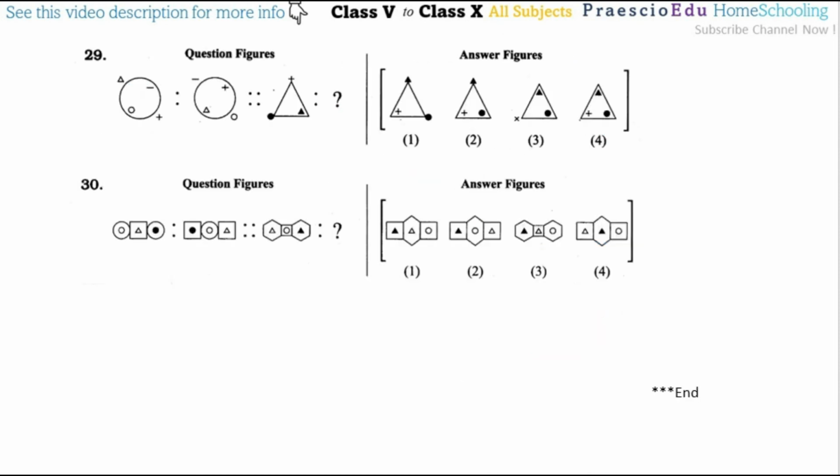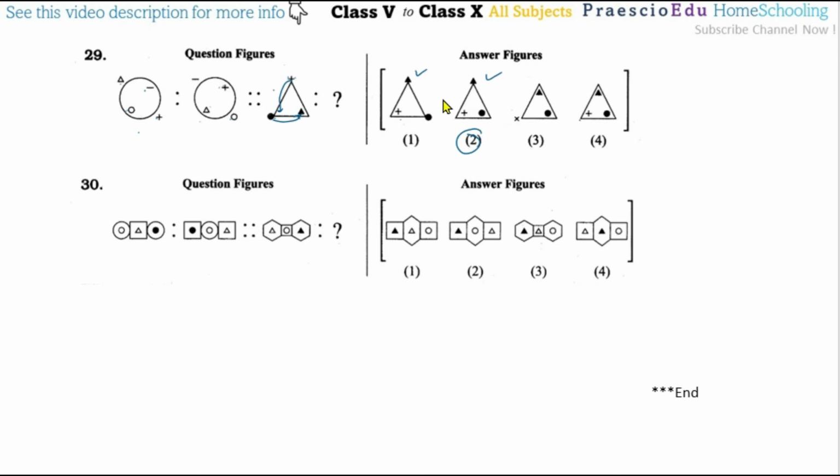Now question number 29, so here there is a circle, and in the second term also a circle, but those symbols on the outside come inside in the next figure, and those symbols inside come to the outside. So like this one, the triangle should just stay the same, but the symbols that are outside come inside, with a rotation. So here the triangle is inside, so the outer should be the triangle like this one, and outside there is a positive sign and a dot, so that comes to the inside but with a rotation, so this will come to this side, and this symbol will come here.